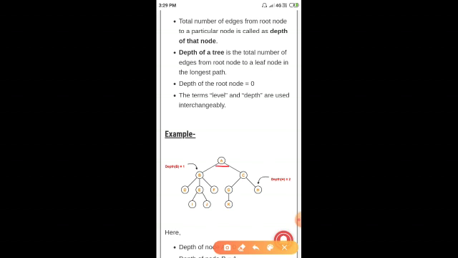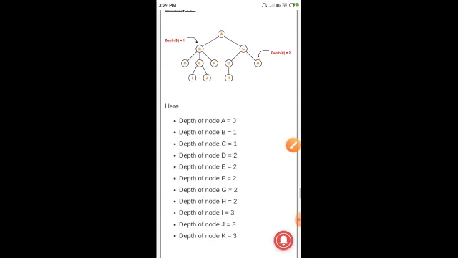Since this is only the root node, the depth of the root node is 0, but for the leaf node the depth is different. Here 1, 2, 3, so the depth of this one is 3. Whenever you are calculating the depth, we start from the root node, and whenever you are calculating the height, we start from the leaf.